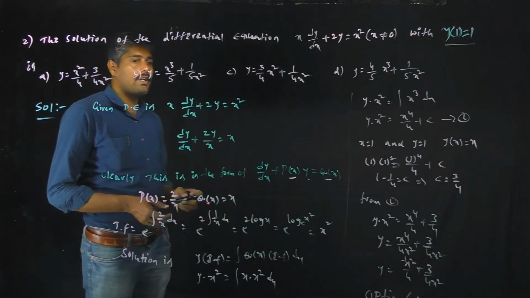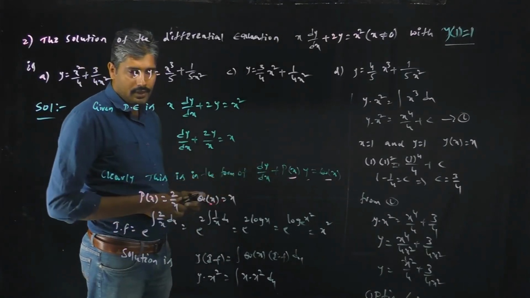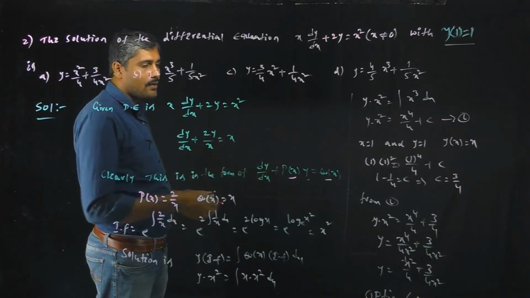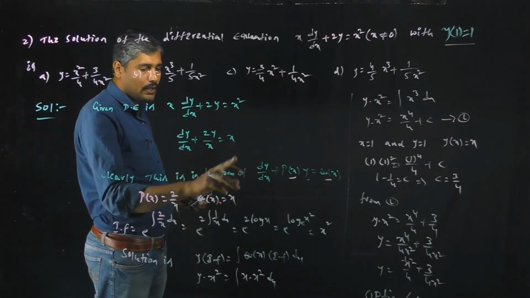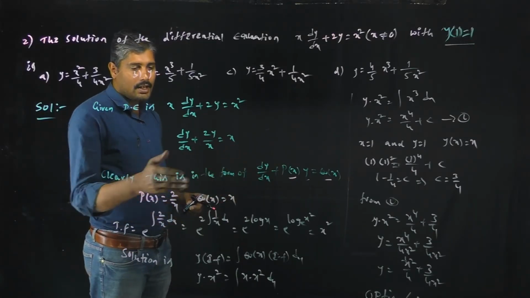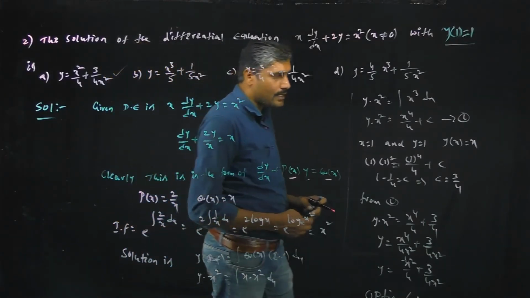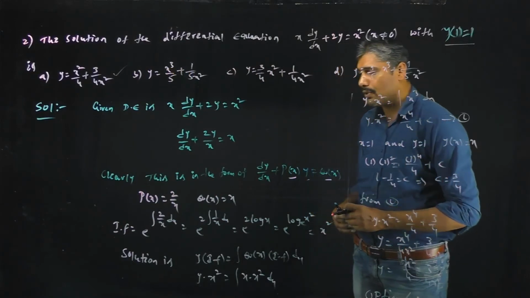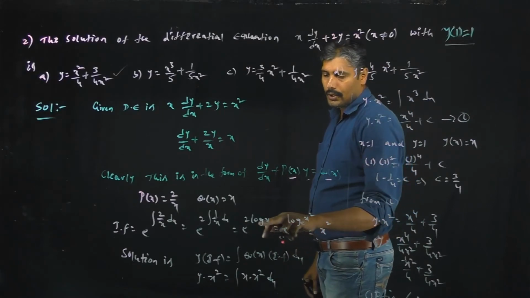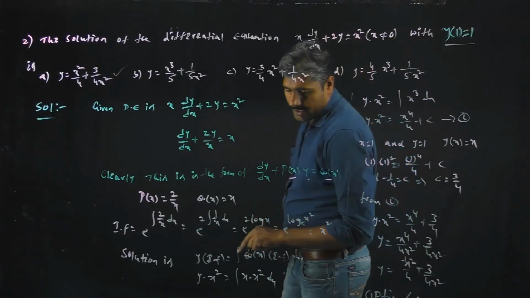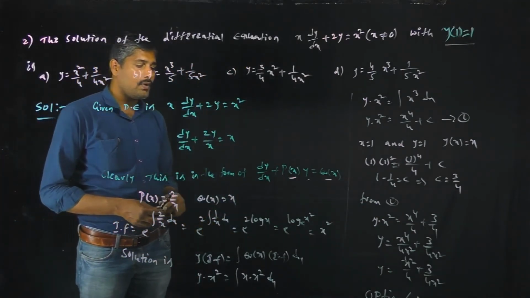See, once again, the given differential equation is this one. Clearly, this is a linear differential equation in y. It is in the form dy by dx plus p of x into y equals q of x. Here p of x equals 2 by x and q of x equals x. For solving a linear differential equation, first find the integrating factor, that is e to the power integral p of x dx. Here p of x equals 2 by x, that is 2 into 1 by x, which gives 2 log x, that is log x squared. We know the formula e to the power log x equals x, so that equals x squared.